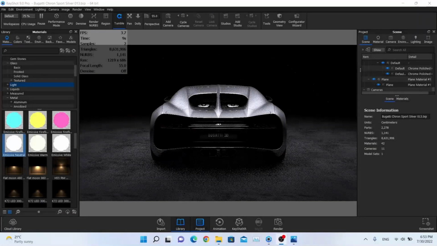Hello guys, my name is Textureman and today I'm going to show you how to create the automotive taillights for